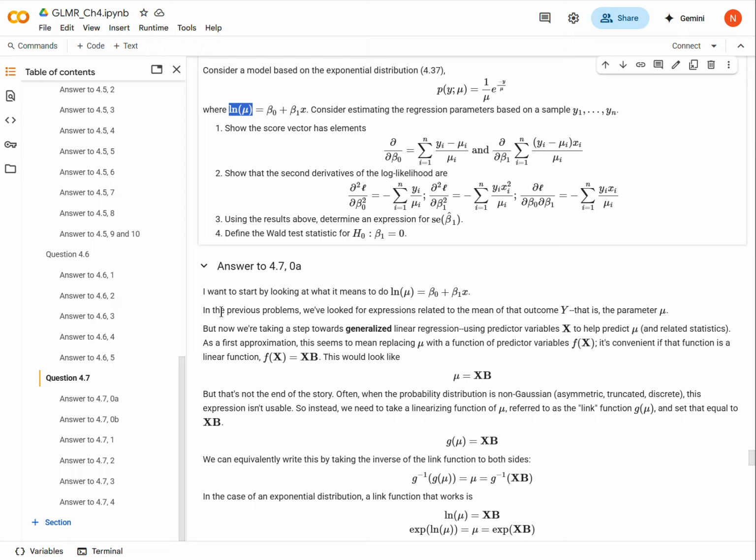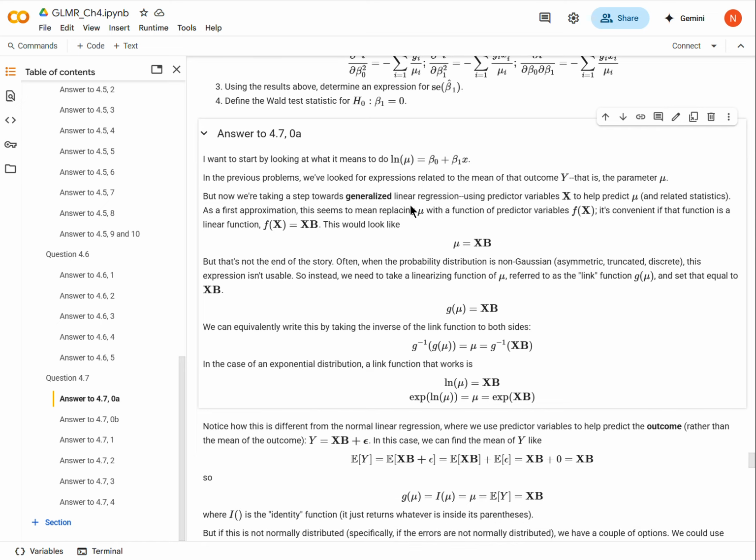Okay, so the first thing I want to do is to explore this idea of making the natural log of mu equal this linear model. So in previous chapters, if we were going to regress something, we would regress y on some function x beta. Now, when y is normally distributed, then when we're regressing y on x beta, it is the same thing as regressing the mean of y, which is mu, on x beta, and the extent to which y varies around that is often denoted by an epsilon term. Okay,